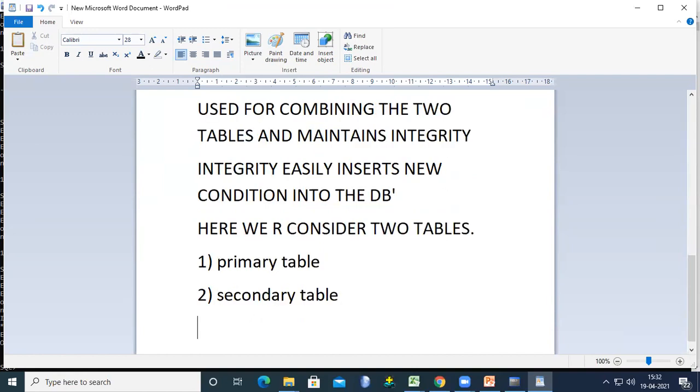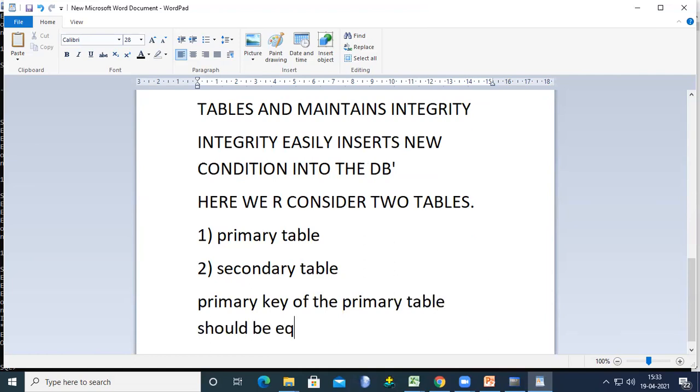Before creating this table, you should remember, the primary key of the primary table should be equal with the foreign key of the secondary table.